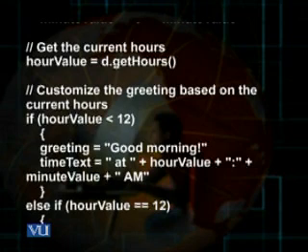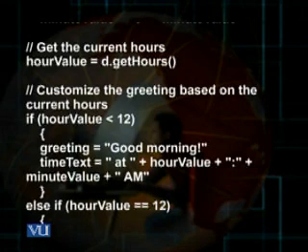So hourValue is not within the string, not within the double quotation marks. So the hourValue that has been returned would be typed here, concatenated with the word at. And then again the plus sign, and then within the string a colon, again plus, and then minuteValue. So the minute value as was calculated for me would be filled here in the variable timeText. Then plus the AM sign, within the double quotation marks, would appear as such. In this fashion, these two variables, greeting and timeText, are filled.